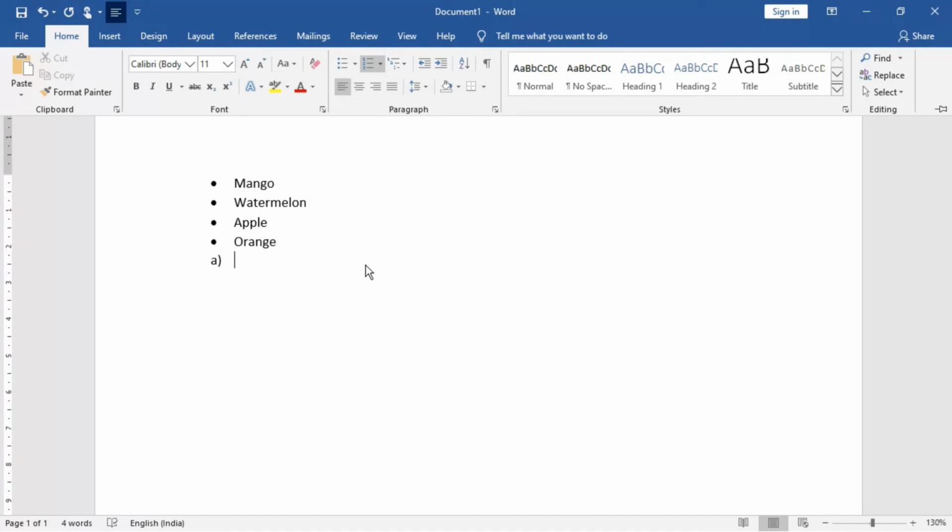So in this way you can enter over here. Okay, so the steps you have to follow, that is very easy. Home tab, paragraph group, bullets and numbering. All right, then you can just select the type of bullets, and those bullets will come onto your pages.